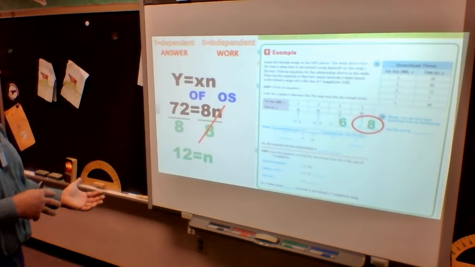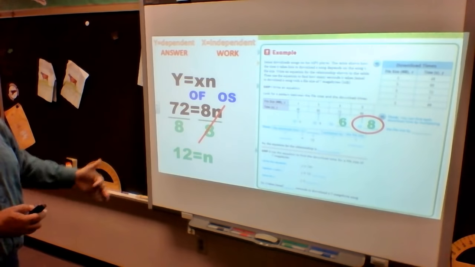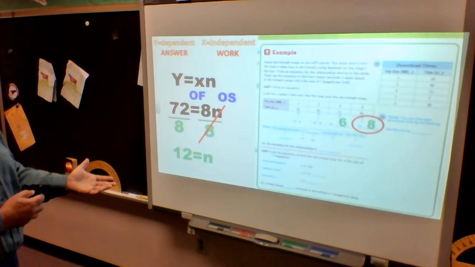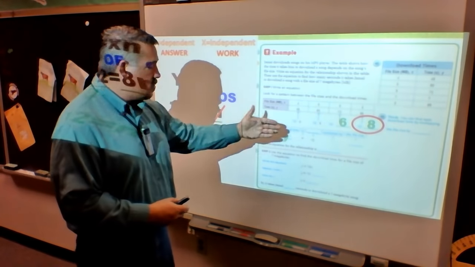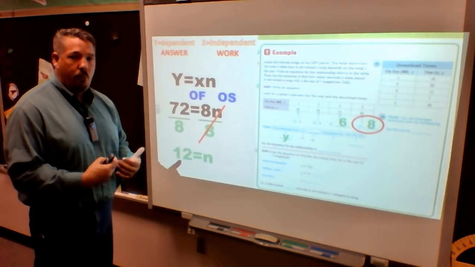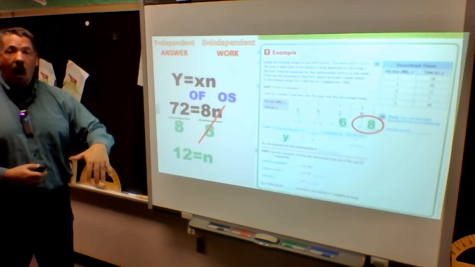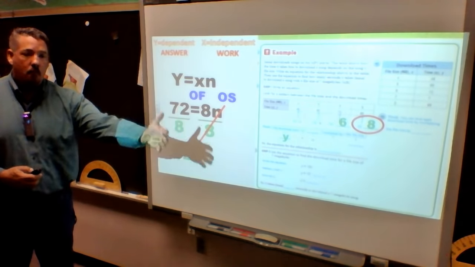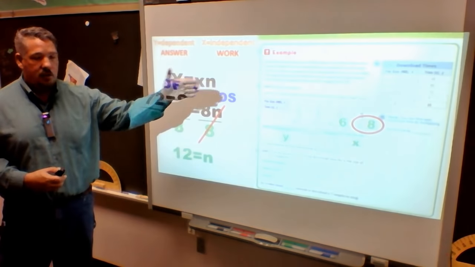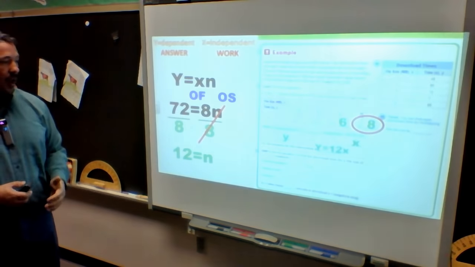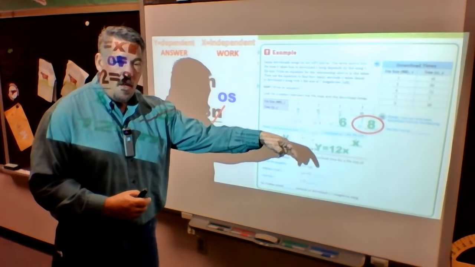But if I don't know how to get to that thinking process, it's a confusing process. So some of us just need to work it out, and that's fine. Please do. But what I'm proving is that y is going to be equal to, my output will be equal to 12 seconds times however many megabytes we're talking about. So my x, my input, is my megabytes. So if I know that, then I know that my equation is y is equal to 12x,